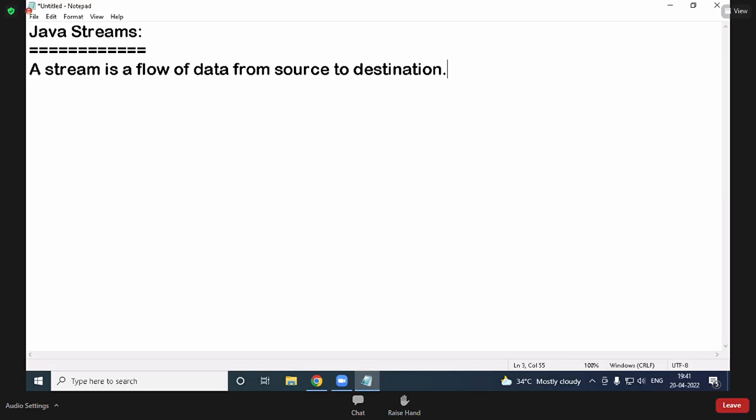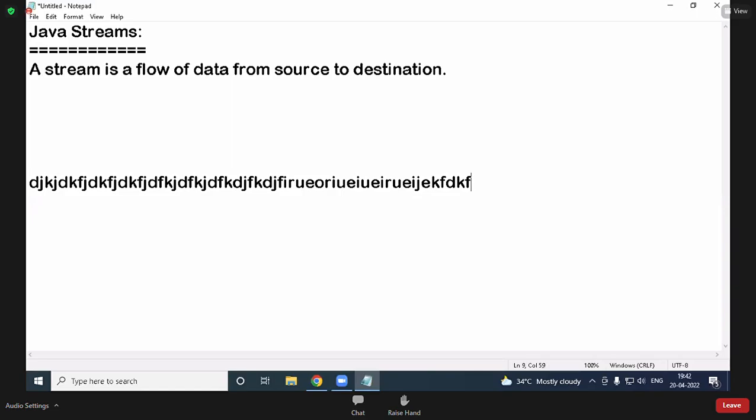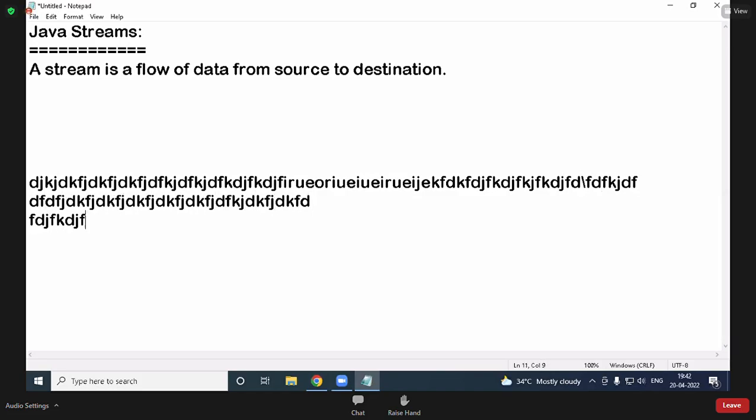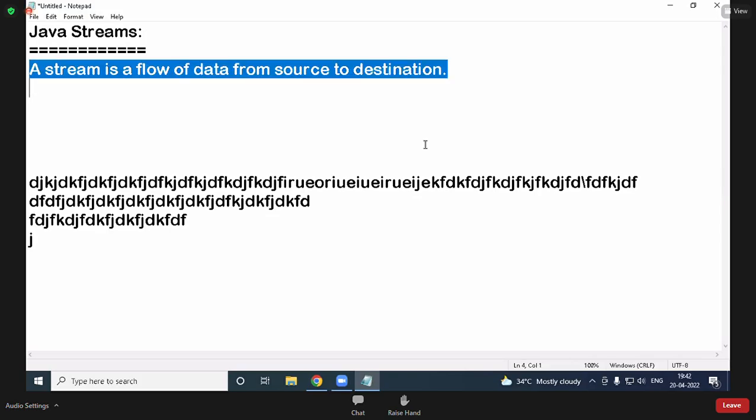So data flowing from one place to another place, that is called a stream. Suppose, for example, keyboard is a source, monitor is a destination. Whatever I am typing, data travels from keyboard to monitor, no? So it is a stream. Keyboard is a source, monitor is a destination.